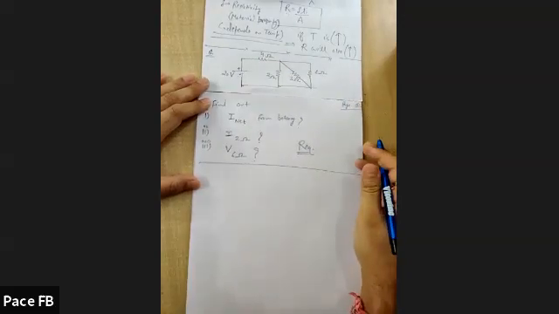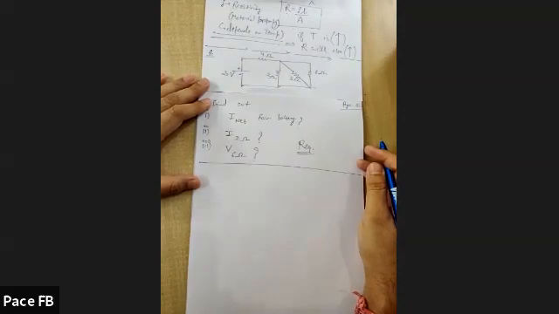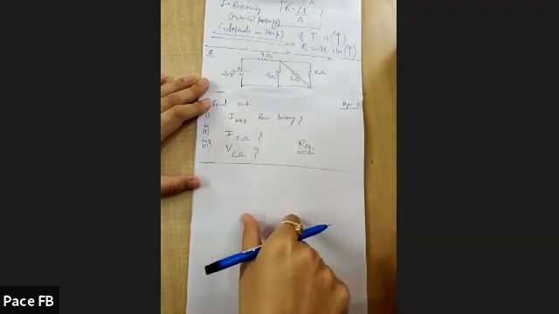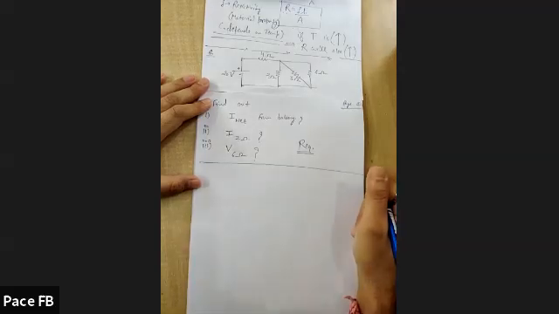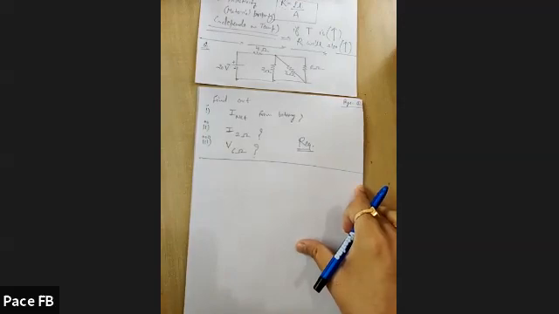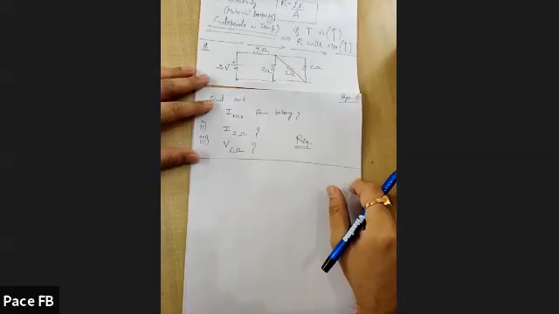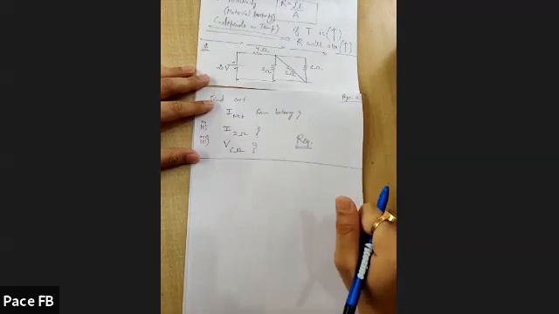And how do you find out whether it's in series or parallel? If current passing through all the resistors is same, then all are connected in series. And if potential difference across all the resistors is same, then they are all connected in parallel. In series, current is common, and in parallel, potential difference across all the resistors would be common.